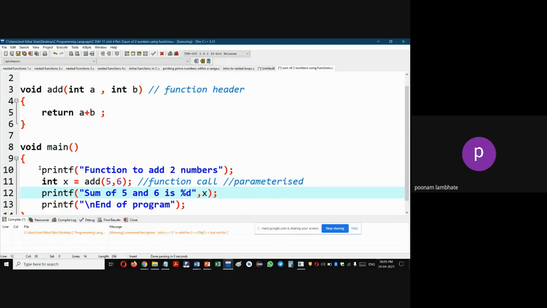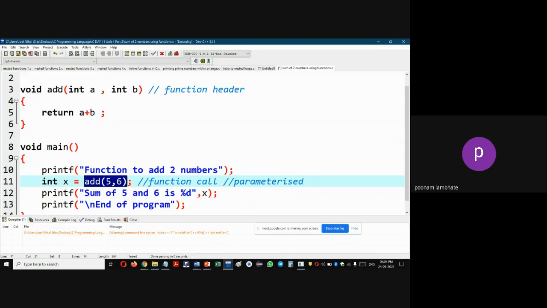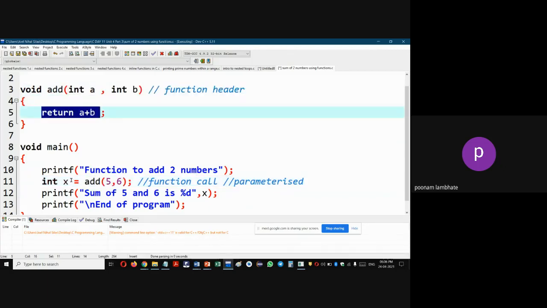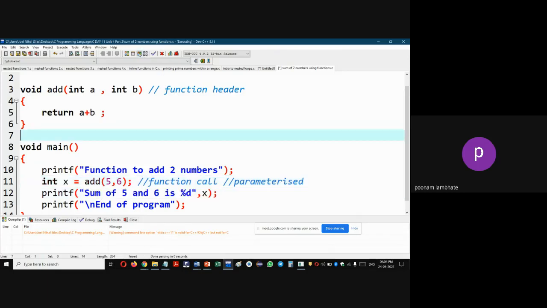So how this will work? Execution of program starts from main. So this first message will get displayed. Then what will happen? Function call. So control will jump to function header. It will execute the statements and return the sum, which will get placed over here. And that returned value will get assigned to x. And here I can access the value of x by printing it, and then end of program. So when I run this,